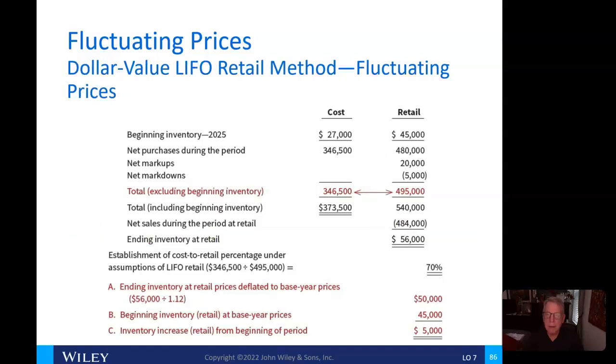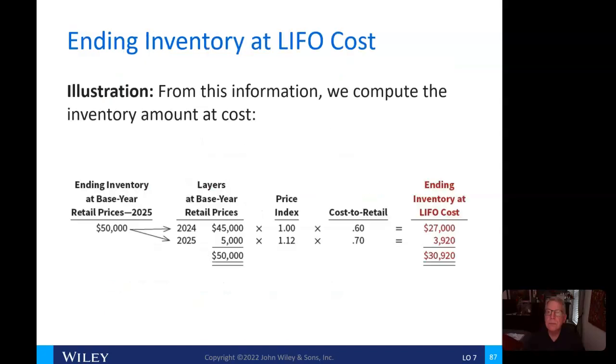Okay, everybody good with that? You may have to look in the book a little bit to pick up some of the things that are missing from this PowerPoint. Okay, now the ending inventory at LIFO cost then, here's those numbers, 45,000, 5,000, and 50,000. And we have the cost to retail of 60% and 70%, with a price index of 1 and also 1.12 here. We multiply those through to get